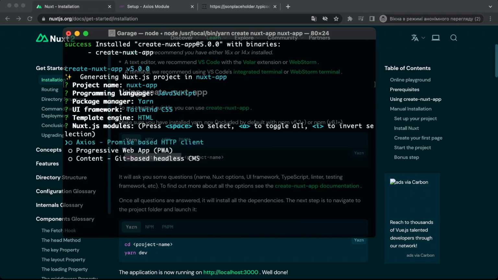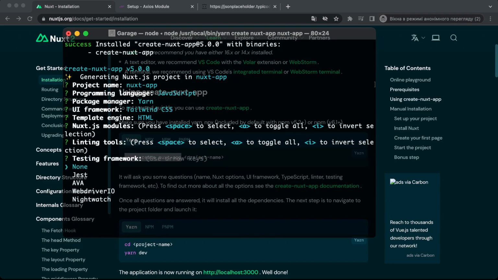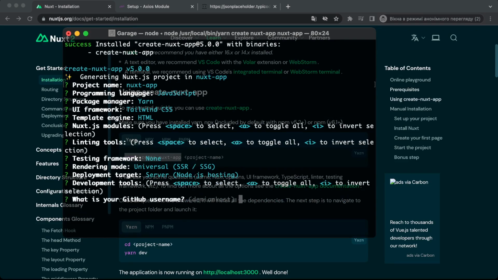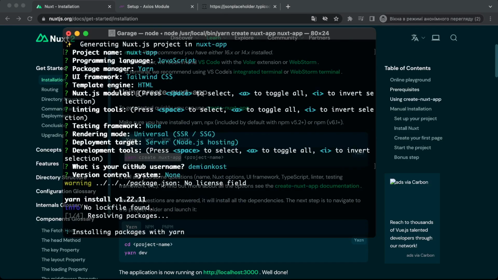Nuxt.js modules, it will be Axios. As linter, we are going to choose none, and in testing frameworks also none, and we are going to use server-side rendering. So press enter here. Deployment target: Node.js hosting, jsconfig.json, development tools, GitHub username, and version control system: none. Okay, so that's all. And now let's wait until all packages are installed,